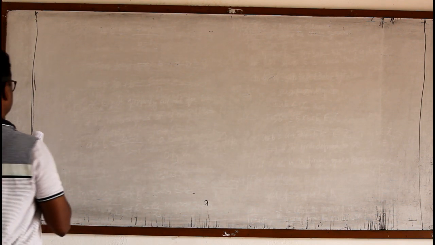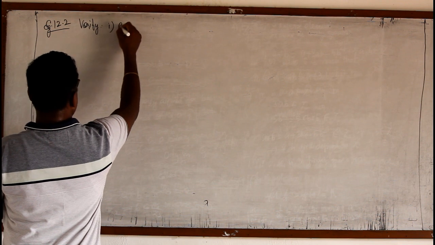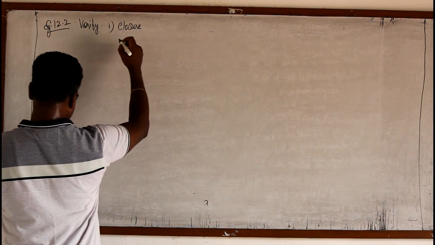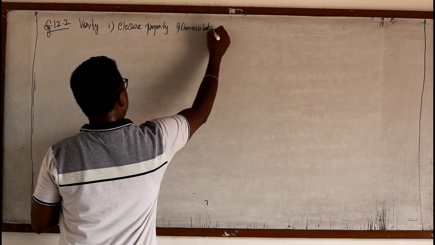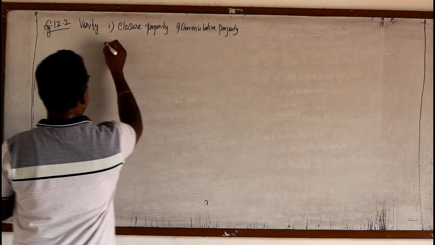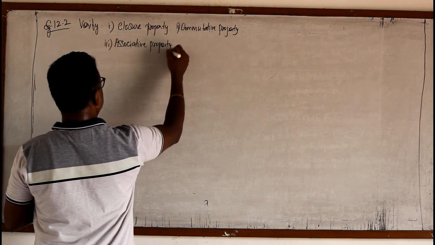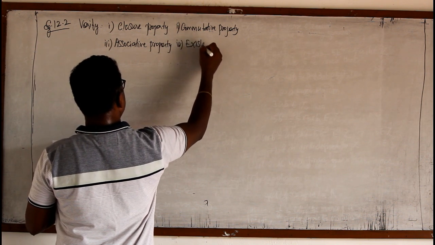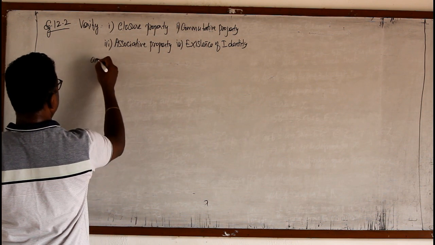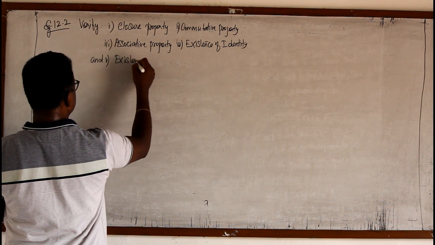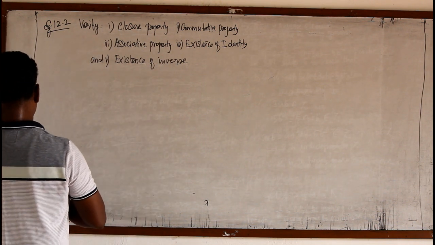Example 12.2. Verify closure law, closure property, commutative property, associative property, existence of identity, fifth one, existence of inverse, for the arithmetic operation,